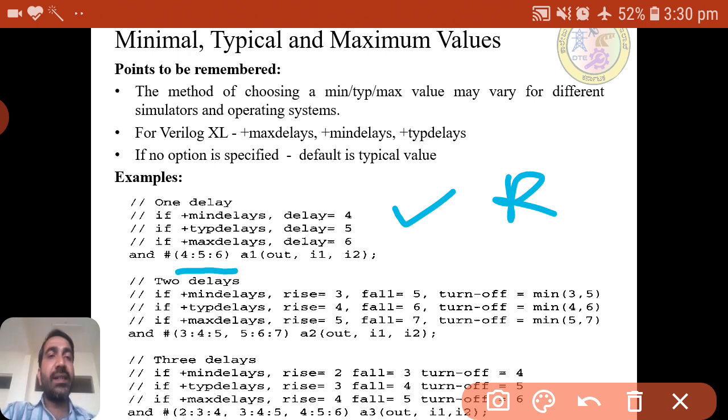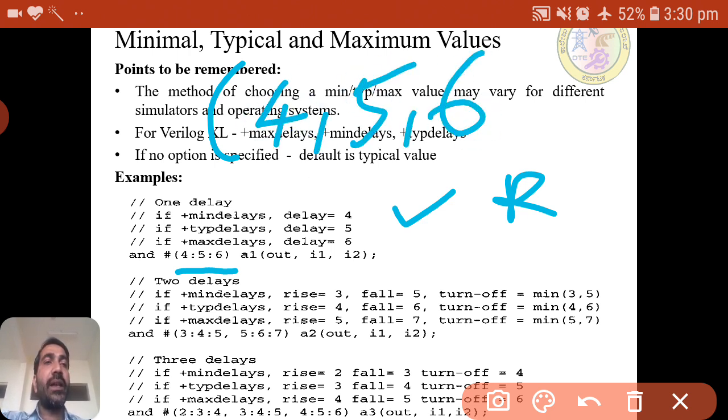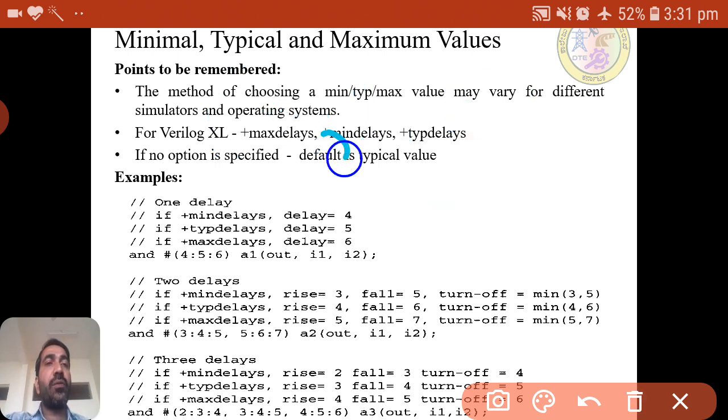Okay, so what is the syntax here? If you want to specify rise, fall and turn off delays, each delay is differentiated by a comma. If you want to represent minimum, typical and maximum delays, those are represented with a colon.